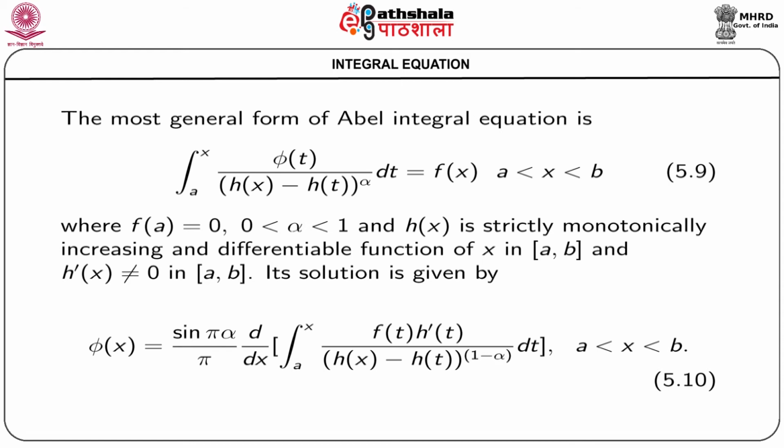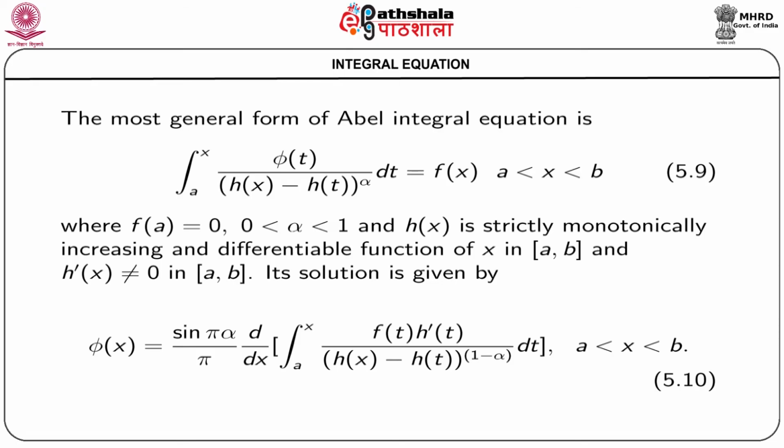Here the range of integration is from a to x, that is, the upper limit of integration is variable and the kernel is given by 1 by hx minus ht whole to the power alpha. Here also fa equal to 0 and alpha lies in the interval 0 to 1,